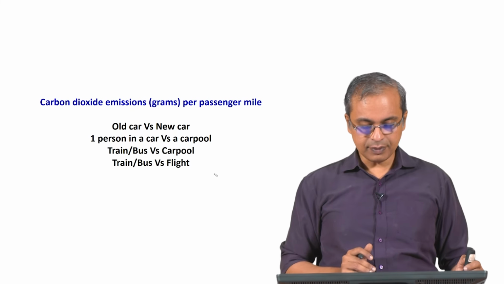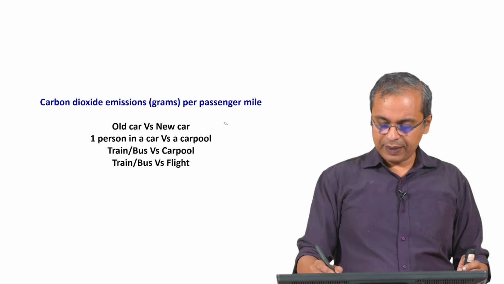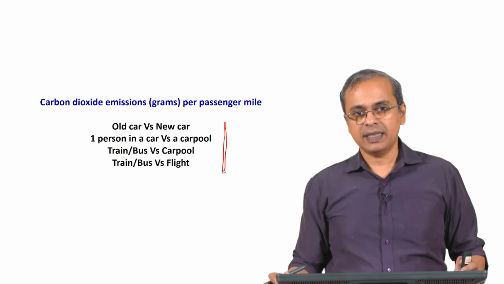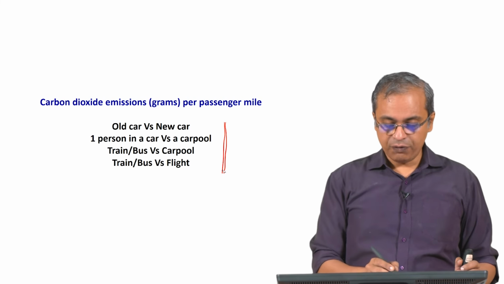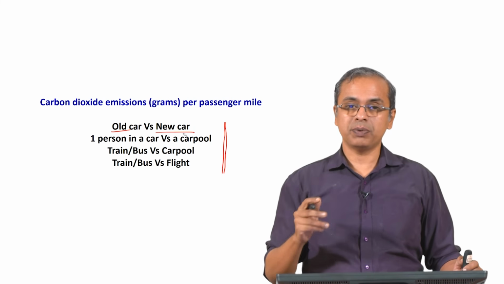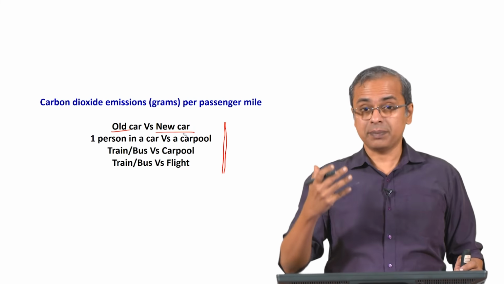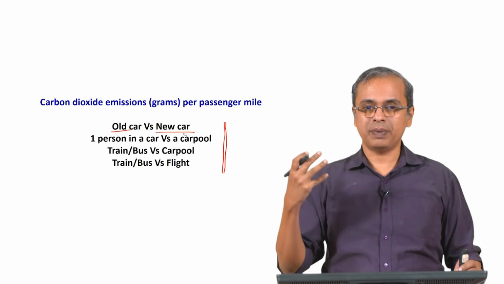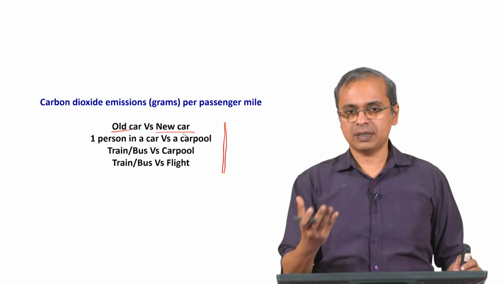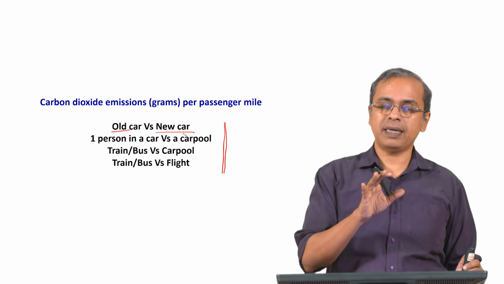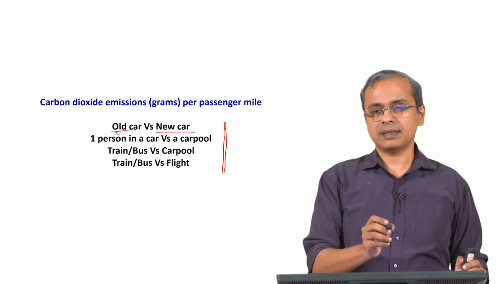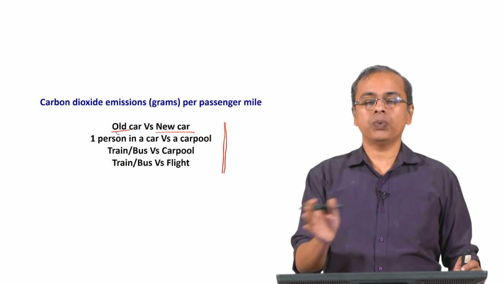So this is a factor that we have to keep in mind. I will also point out that when we say automotive sector, we sort of sweepingly treat everything as equal, but there is wide variation. If you take an old car versus a new car, now some people stick to their old cars from the 50s, 60s because there is some charm to it, there is some history to it, and maybe some sentimental reasons associated with it, and that is fine. I am not questioning those aspects of it. But if you look at it purely from efficiency, emissions and all those perspectives, many of these old cars are as polluting as 20 new cars or something like that.